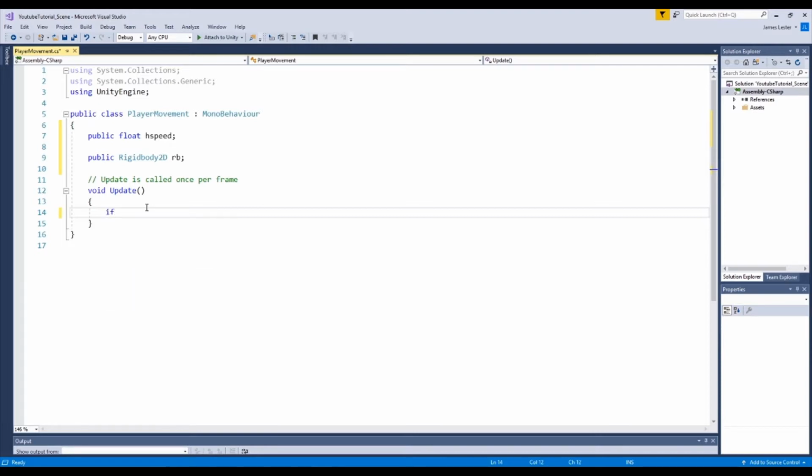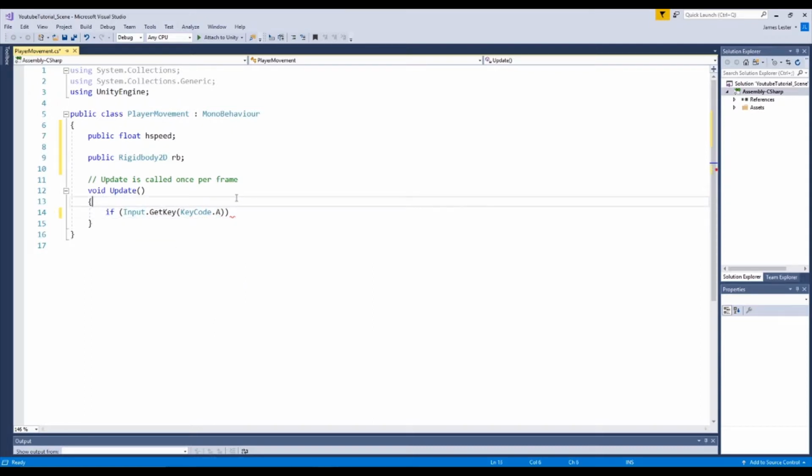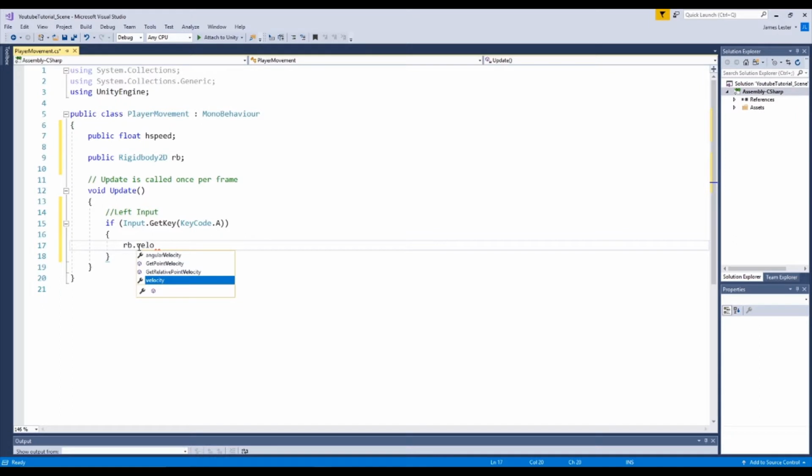So let's write if Input.GetKey(KeyCode.A). Okay, super simple. And now we're going to write left input. Let's open that up, and then we're going to write rb.velocity